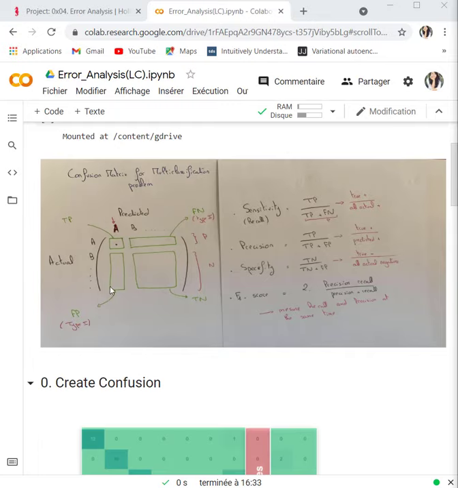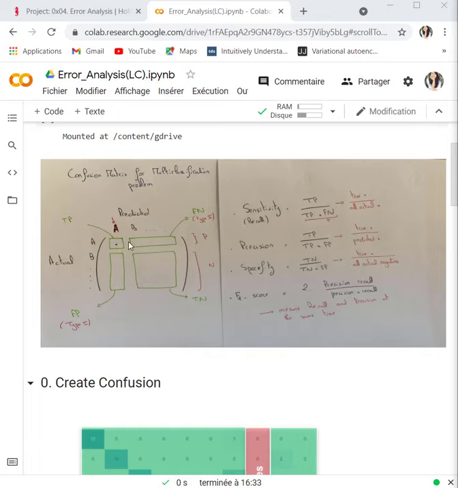Okay, so let's figure out what true positive, false negative, etc. are. Let's start with the true positive. The true positive means that you predicted positive and it's true. So I predicted that this element will be in class A, and it's actually in class A. The false negative means that I predicted negative and it's false.